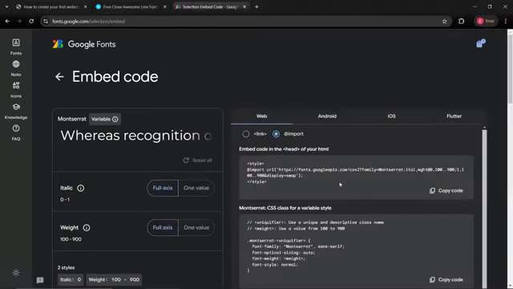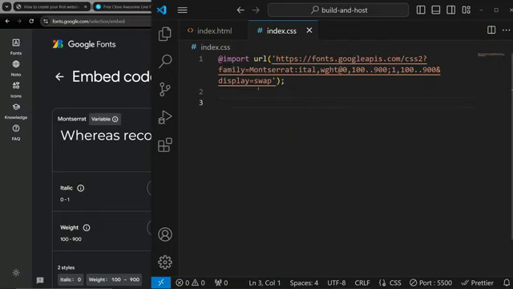CSS file. And the reason why I'm using this link instead, that's the CSS import instead of the HTML, is because this CSS file, that's the index.css, is going to be used on every other page. Okay, so it's going to be used, or we are going to link it to the about page or the about HTML, the contact, and the work HTML as well. Okay, so we can have it here only once, and then the font is going to apply for all the